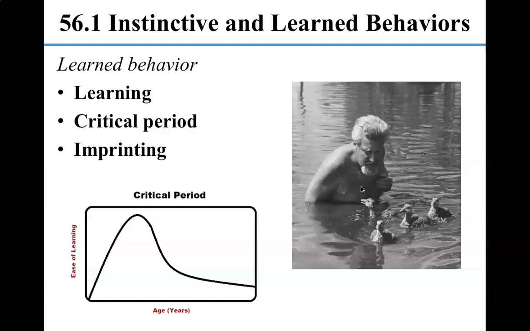It turns out that for a lot of learned behaviors, there's a critical period in which learning behavior needs to be established. The critical period is a time-limited phase of early development. You can see that in this graph. The ease of learning something usually peaks at an early age, and then it declines with age. Maybe you've heard the saying, you can't teach an old dog new tricks. That's because an old dog is older, right? So it's outside this window of critical learning period, and so it's harder for it to learn something.